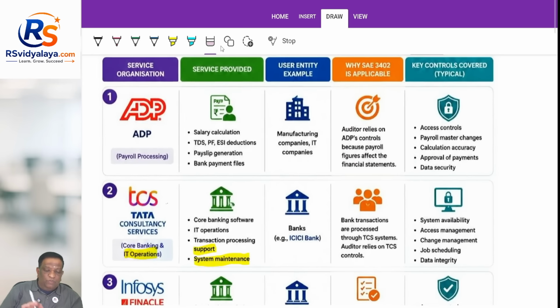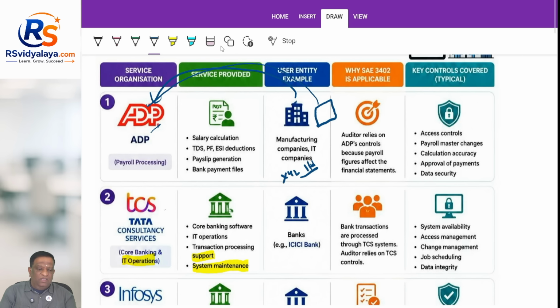Then ADP is going to process it, considering whatever is statutorily required, like the labor laws: PF, ESI, gratuities, leave encashment. They have the expertise in that. By taking the raw data from this company, and considering the leave policy of the company, how many leaves have been taken and any paid or unpaid leaves, ADP will come out with the payroll, that is the salary amount to be paid to each employee.